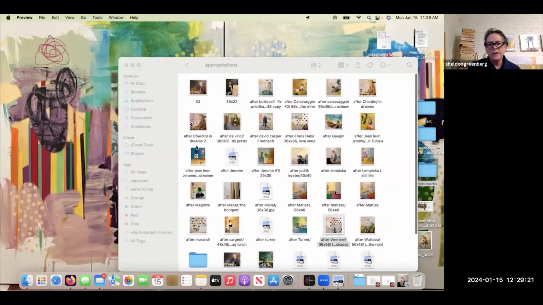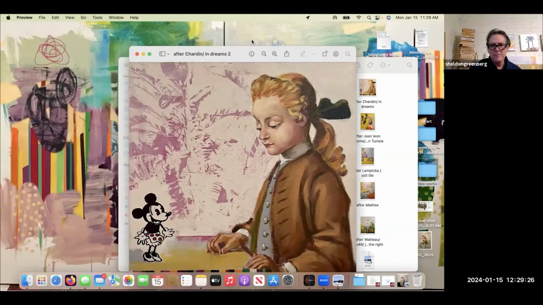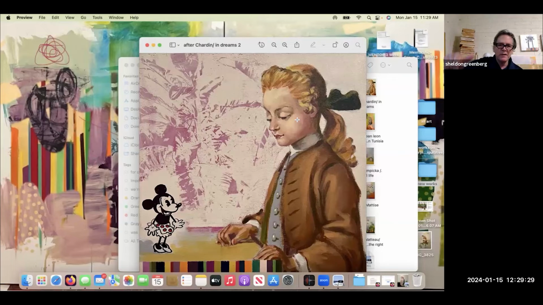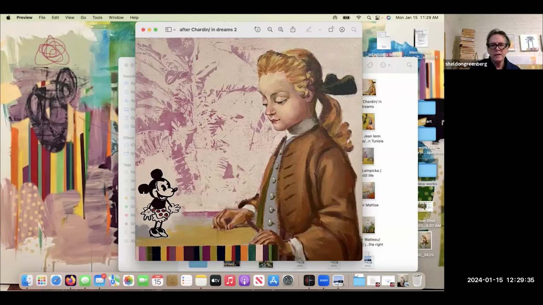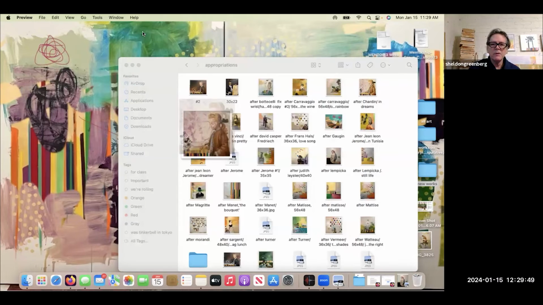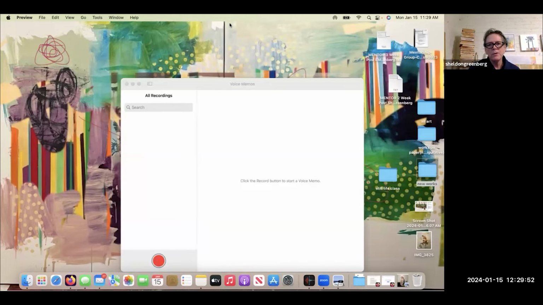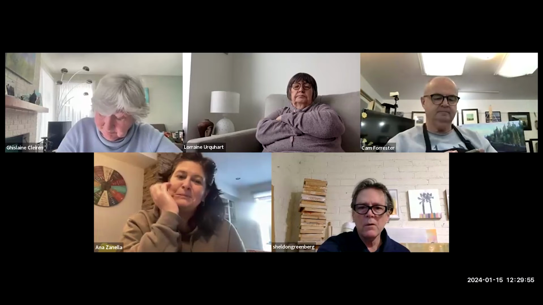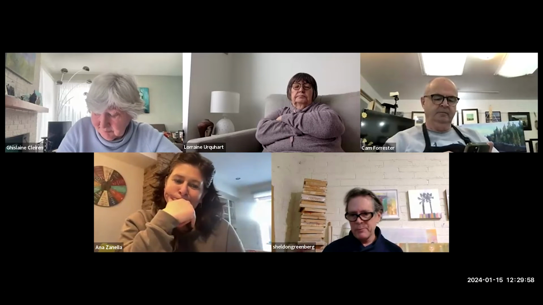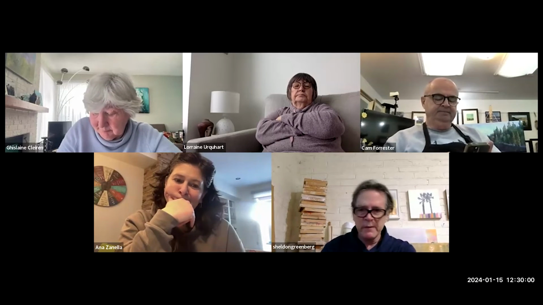So again, I really enjoy doing some of these figures. This is the boy that is watching. He spun a top on his table, and I took the top out and painted him and added the little Minnie Mouse screen print in the background, and then again my little striped chart thing at the bottom of his tabletop. So, again, just kind of playing with images that I've always loved, but then really understanding what it is about any particular painting, what was the most important part for me that I wanted to depict.